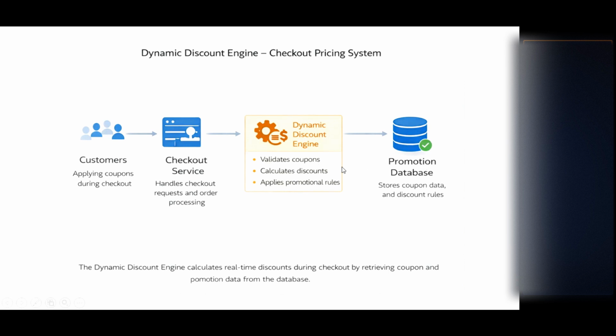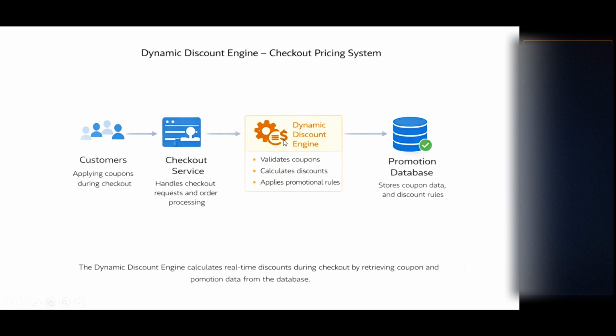Why? Because the coupon data and other discount rules information is stored in the database itself, right? So whenever we are applying the coupon, let's try to understand what is happening internally. This is a very, very key part, right? Internally it is calling a service called the checkout service, and this service is going to hit the dynamic